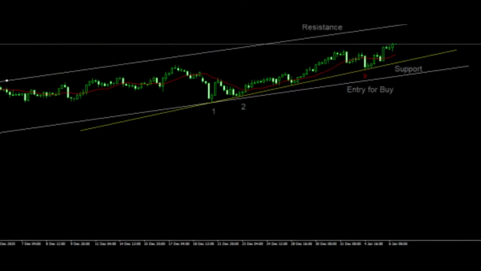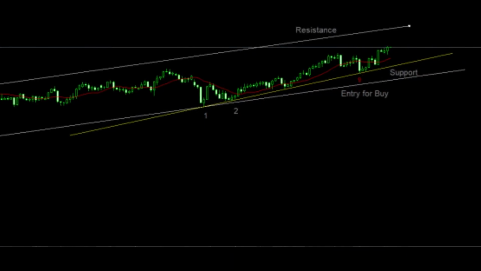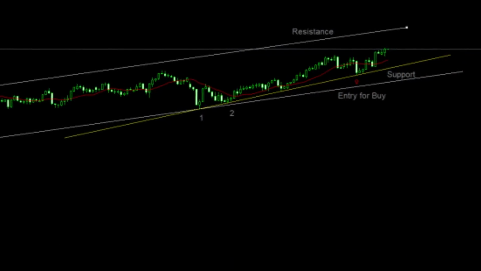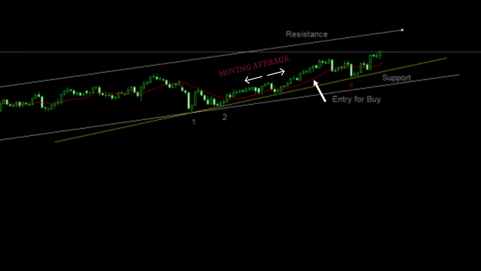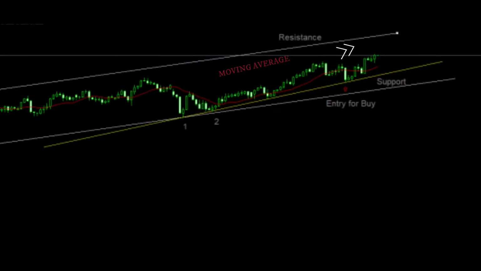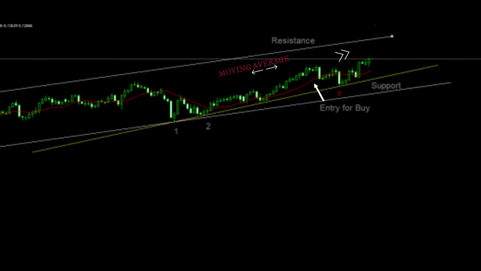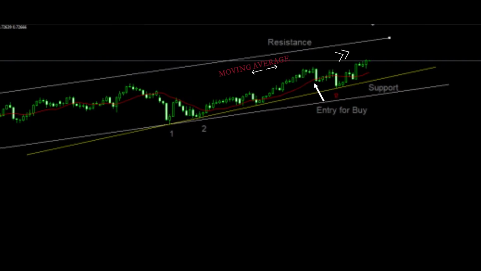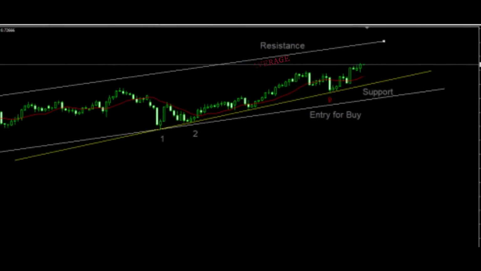First of all, let me explain the primary indicator. The first one is simple moving average. I use moving average to look at the direction of the chart, whether it is moving upwards or downwards. So this moving average is moving in an uptrend, which is angled up in a waveform. The moving average will act as my support level as shown in the figure. Therefore, the average acts like a floor, which is the support, so the price bounces up off it.